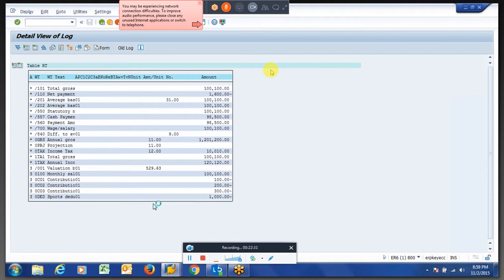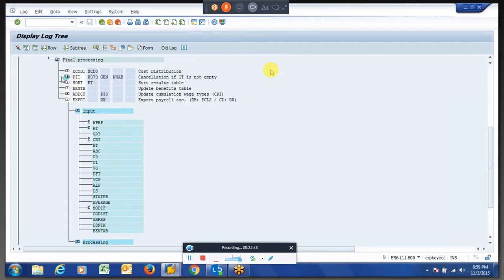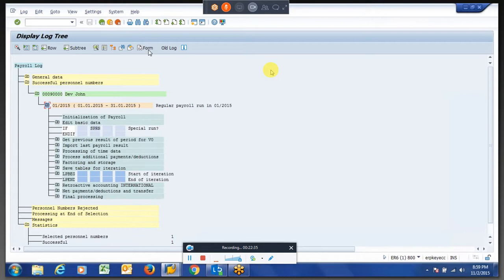So we created a PCR, and there won't be any big difference when you see here, the same thing will happen. The tax is the same and the contributions are the same. This tax was calculated based on the taxable gross.